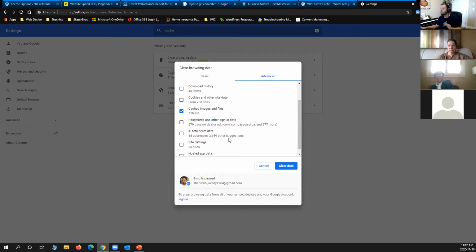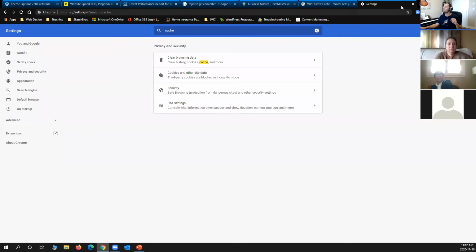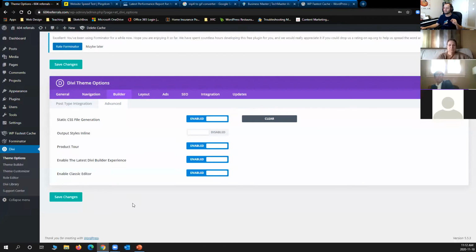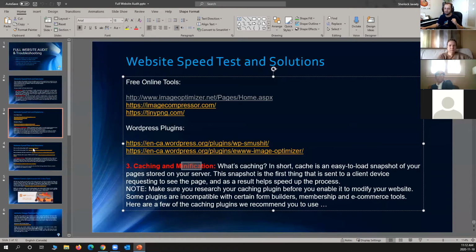Your information will not be deleted, but you will be logged out. So be careful. If you're clearing your cache, clear cached images and files. That's the only thing you would remove, unless you really know what you're doing, right? Be careful with that. That being said, my friends, let's move on to the final sections.